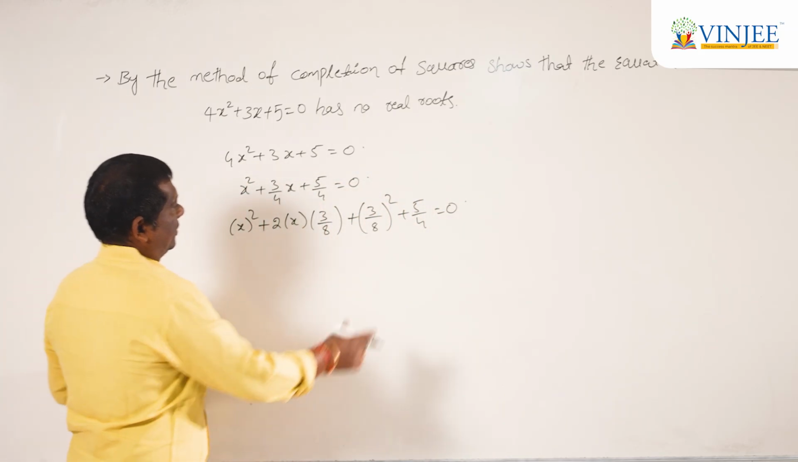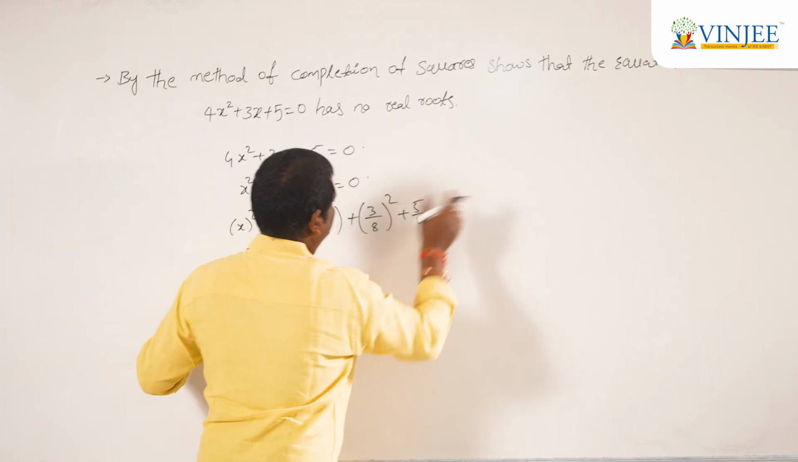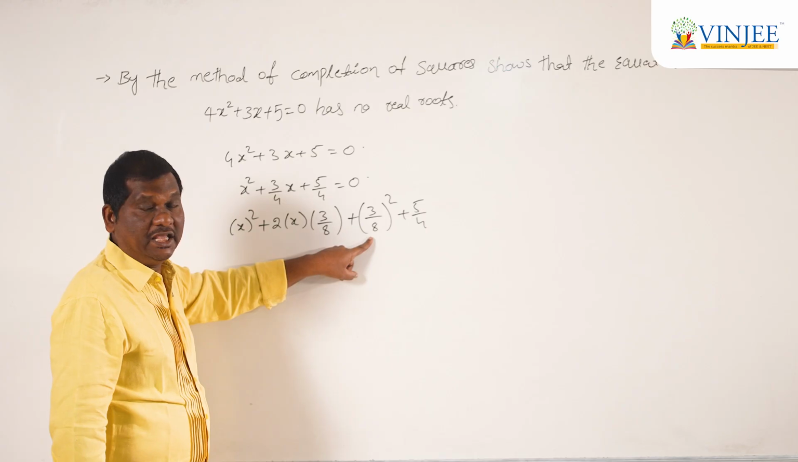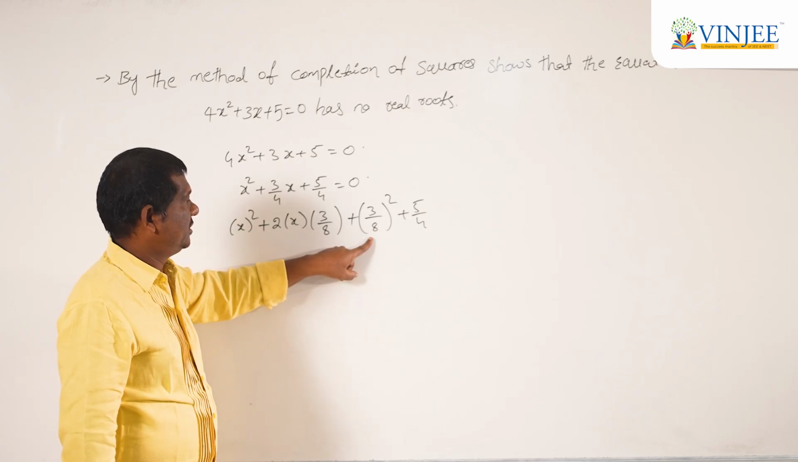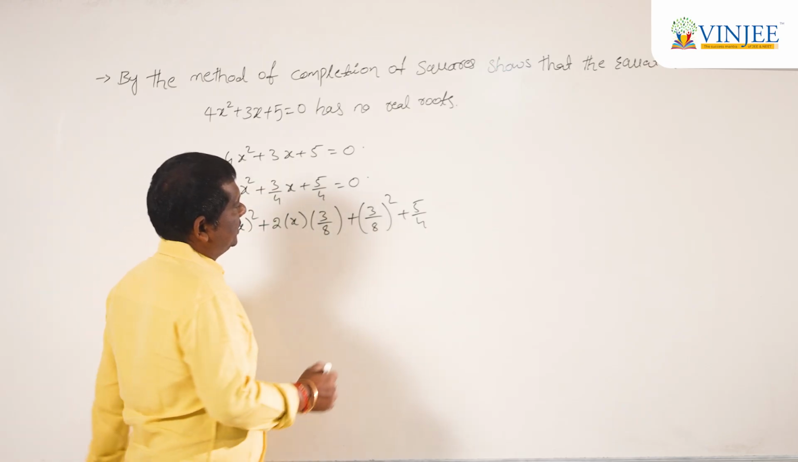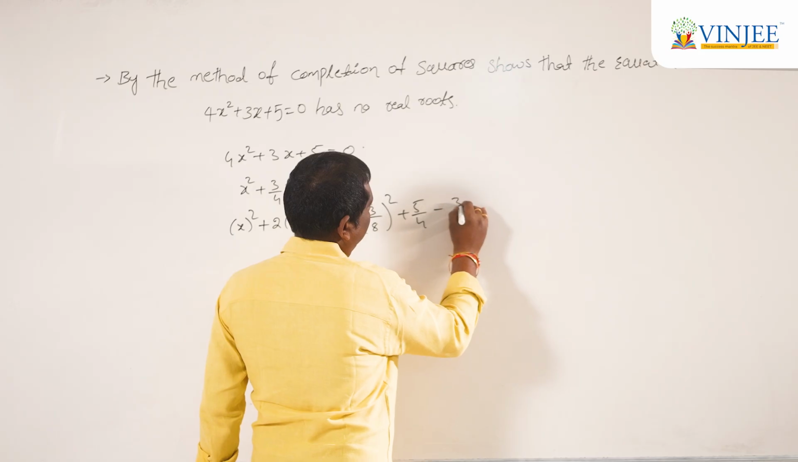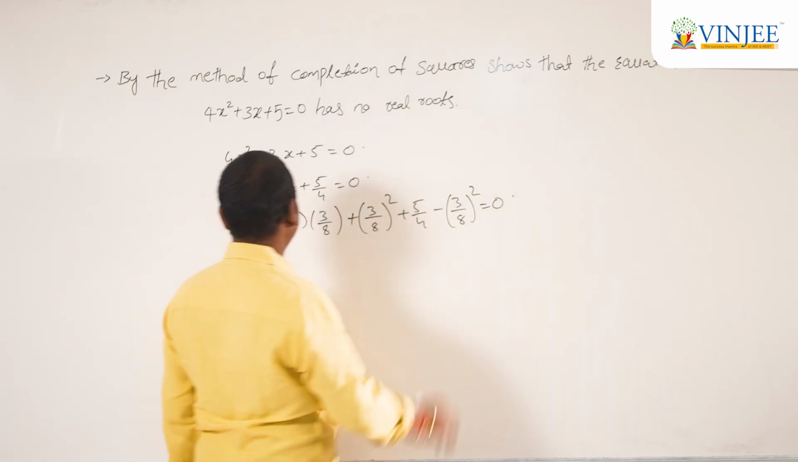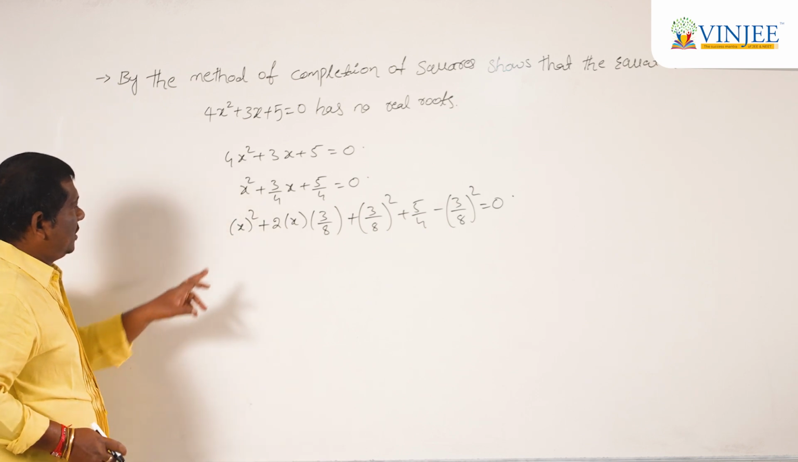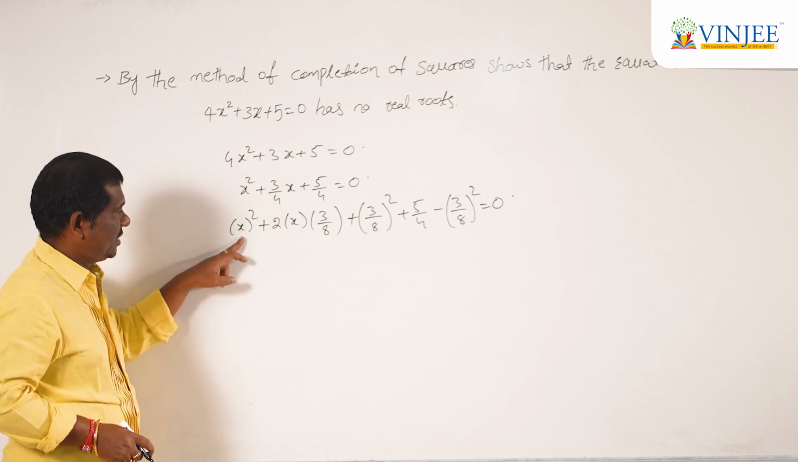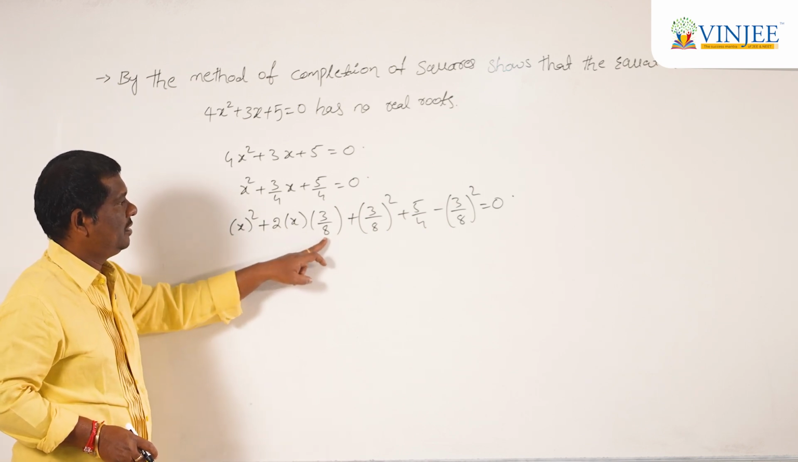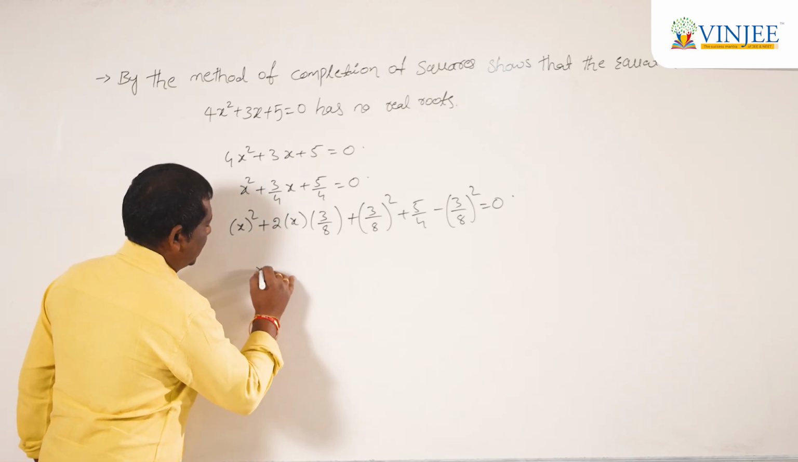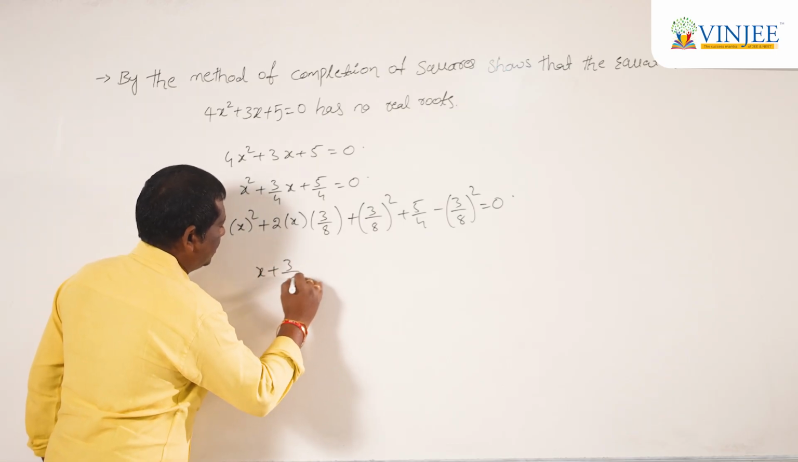Now here, see here, 3 by 8 whole square, we are adding 3 by 8 whole square. Therefore, we have to subtract 3 by 8 whole square, minus 3 by 8 whole square. This should be equal to 0. Now here, this is in the form of a square plus 2ab plus b square we are having. Therefore, we can write x plus 3 by 8 whole square